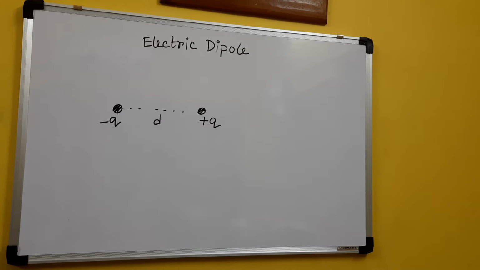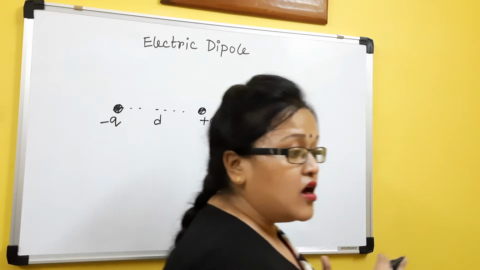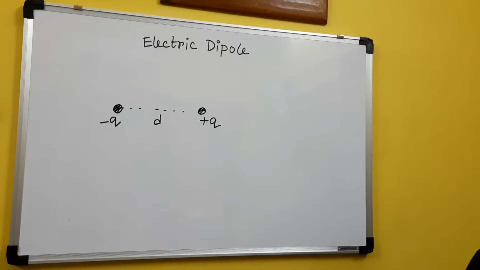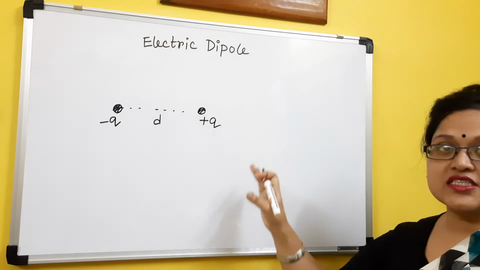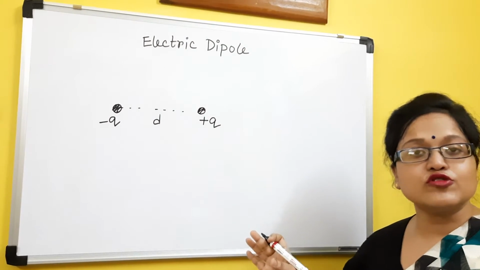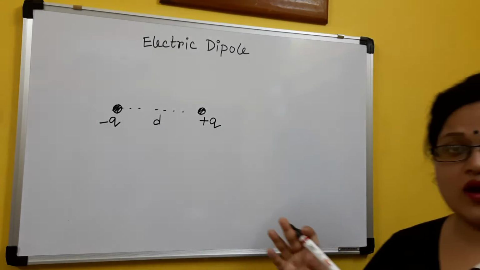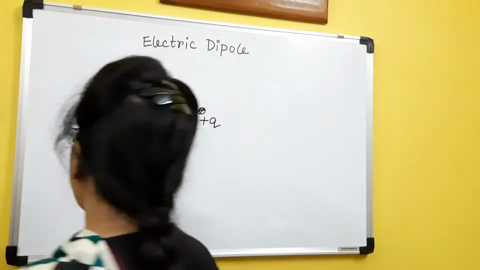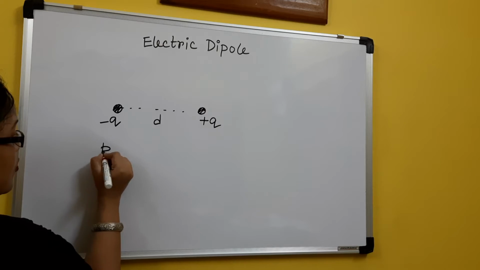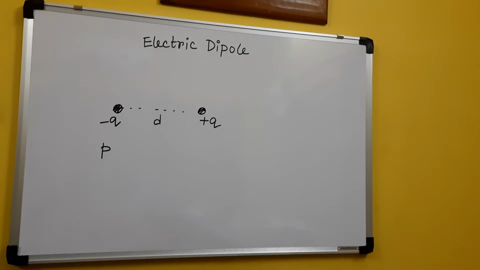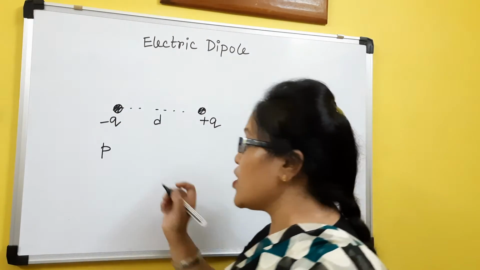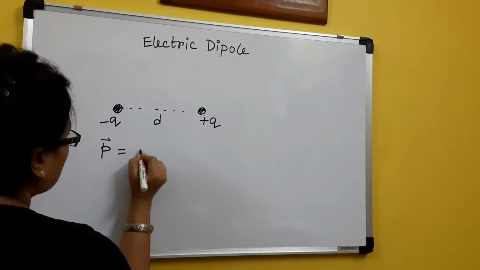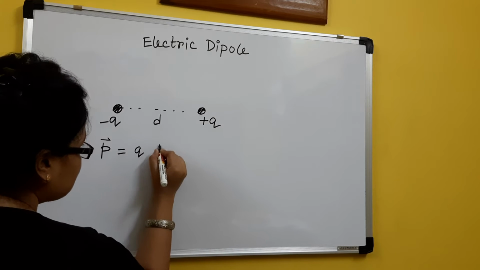Now as we know, I have a dipole. A dipole acts like a couple structure. So what will be the moment of this kind of dipole? We know moment of force. From that I can say the moment of dipole will always be denoted by small p. Momentum is also denoted by small p, and dipole moment is also denoted by small p. This is equal to, remember, q into distance.